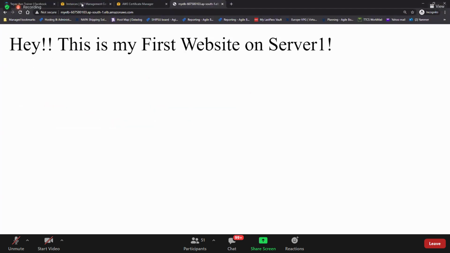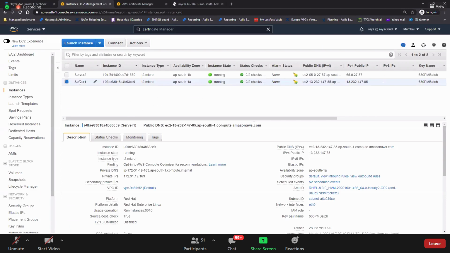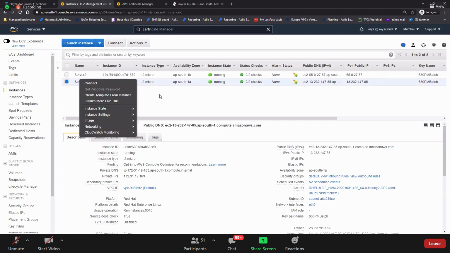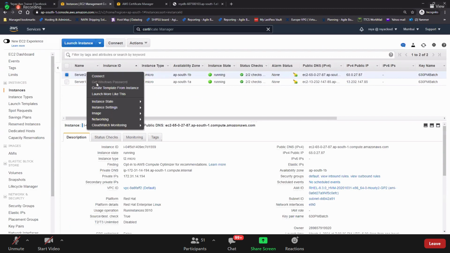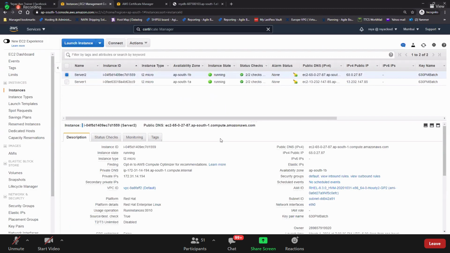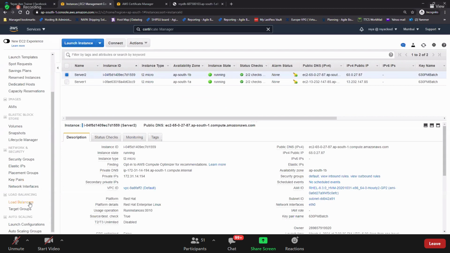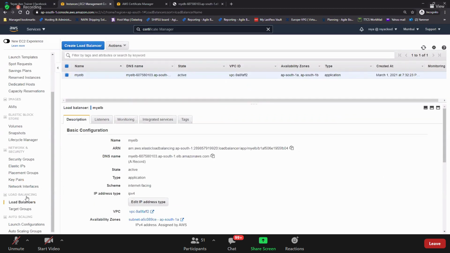So if I terminate any EC2 instance, will it be affected? No, because we have the load balancer. Any questions on the load balancer, or is it clear? Everyone?